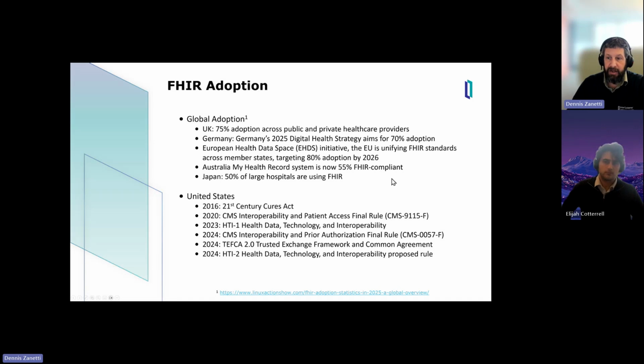We're starting to see standards unified across member states. FHIR-compliant systems are starting to be implemented across the globe. And in the United States, we're starting to see legislation really driving adoption of this, which is one of the key